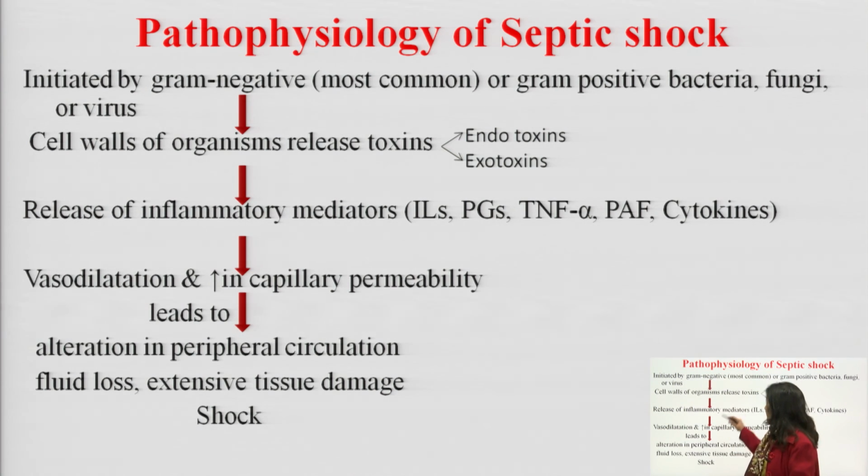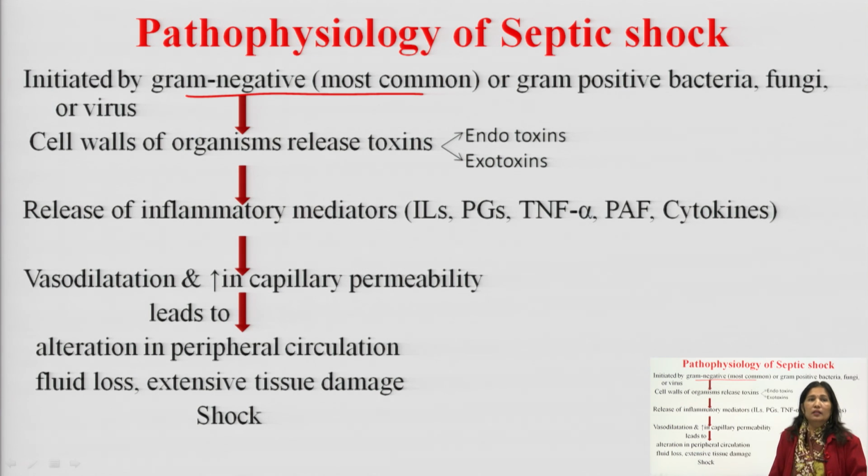So, how does septic shock progress? Septic shock is initiated by bacteria, most commonly gram negative bacteria. The cell wall of these organisms releases toxins. These toxins enter inside the body and the cells and release inflammatory mediators,